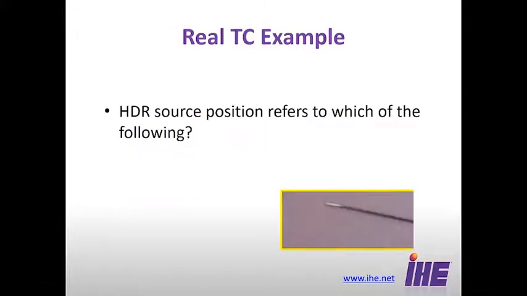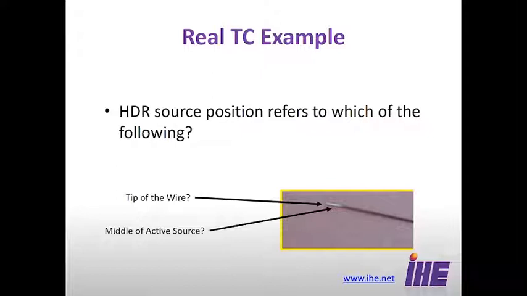A real example that the technical committee had to work out is HDR source positioning. Where is the source position? Is it really at the tip of the wire? Is it the middle of the active source? Is it the middle of the physical length? Sounds like nitpicking at one point, but when we talk about HDR, with steps of 5 millimeters perhaps, being off by a few millimeters in the definition, if people define it differently, could be an issue. This was actually tackled, and seems like minutia, but these things all contribute and add up to